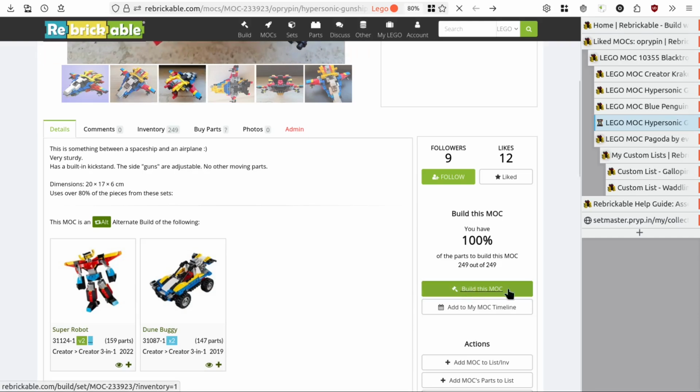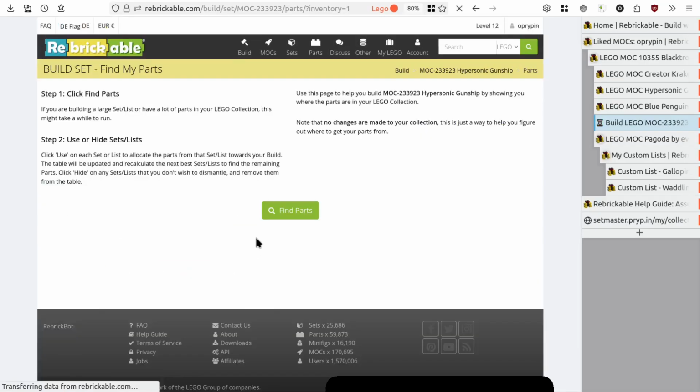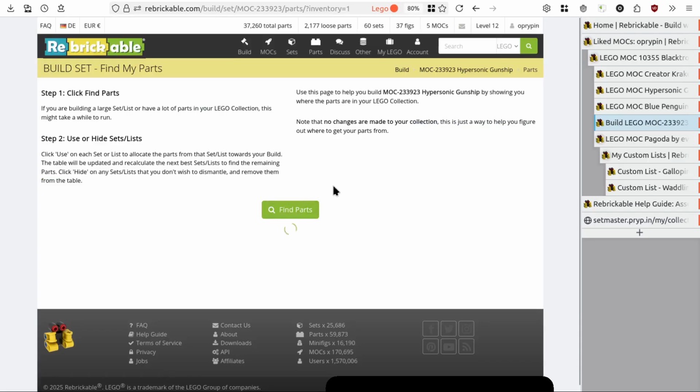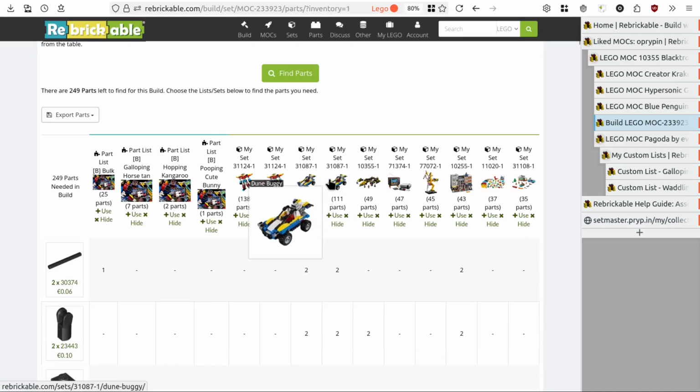You click build this mock and it says that I'm not missing any parts. That's great. I mean, I have these sets obviously, but I don't really keep all the parts in one place, so I'll need to go through the two actual boxes that were mentioned, and this other feature of Rebrickable is helpful for that. It's telling me just in a different way that I'll need to choose, for example, this set